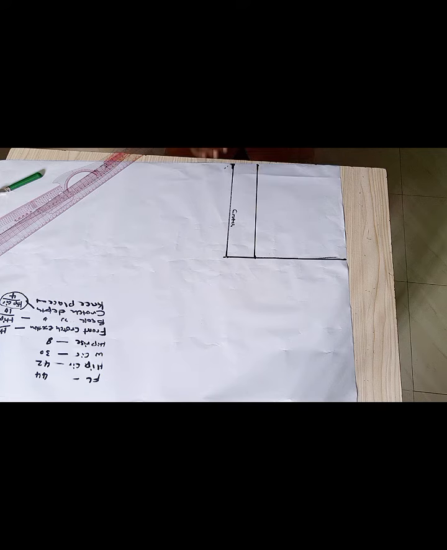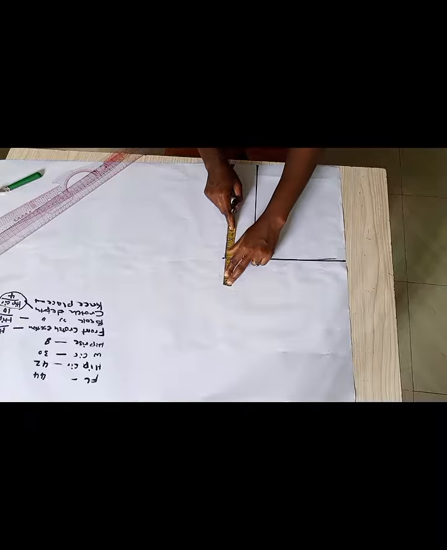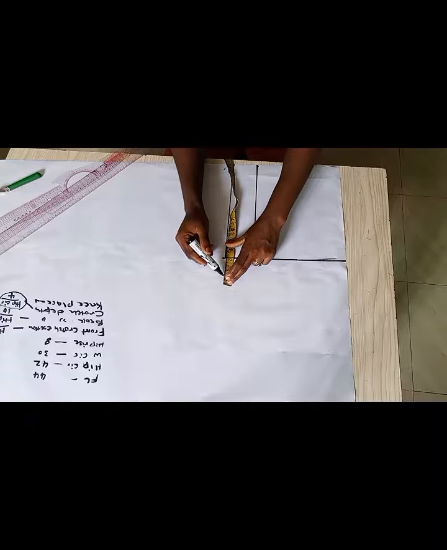So having gotten to this point, the next thing we want to do is insert our front crotch extension. Hip circumference divided by 20. So 42 divided by 20 will give us about 2.1, okay, somewhere around 2 inches,